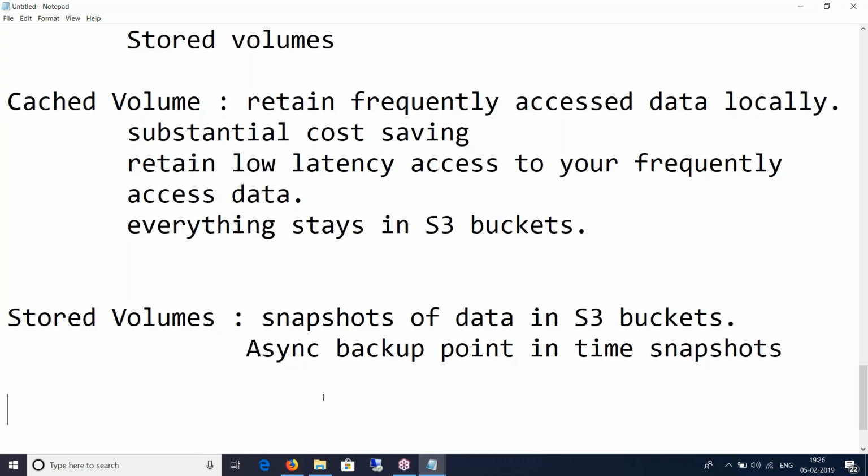They are stored in S3 buckets. So at any point in time, if you would like to restore the virtual machines running on your premise, you can use the snapshots which are stored in S3 bucket, as opposed to cached volume, which stores everything inside S3 bucket, and stored volume does not do that.